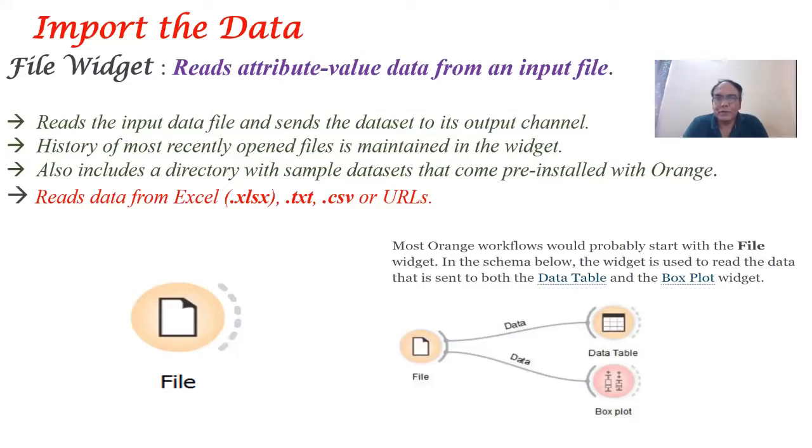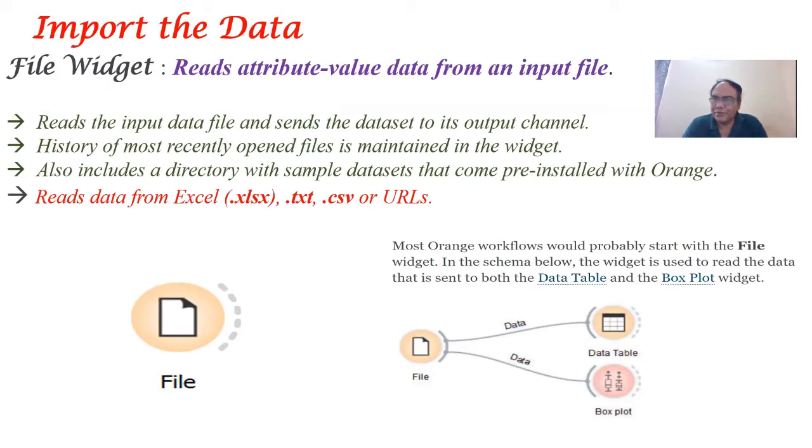The first, actually, the icon is called widget. There are different icons in the Orange, and so I will explain to you at least 13 to 14 icons today and how to use these icons. So I call them icons, otherwise the standard name is widget.